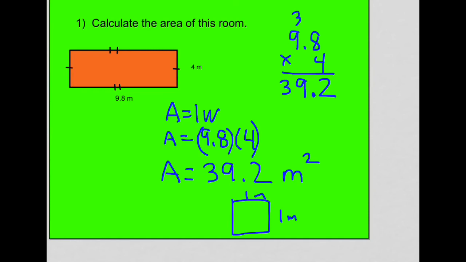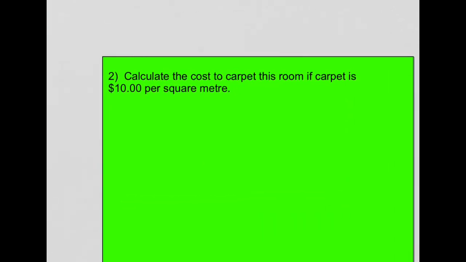Now what's the application of this? Now that we know the area of this space, I'm going to flip forward. So calculate the cost to carpet this room if carpet is $10 per square meter. So if this was a room and you knew the area of your room was 39 and 2/10 meters squared, and you knew that every square meter of carpet cost $10, well, to carpet that room, you would take your area, 39 and 2/10,